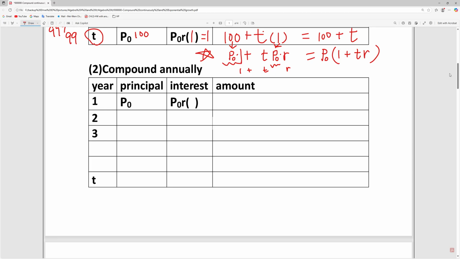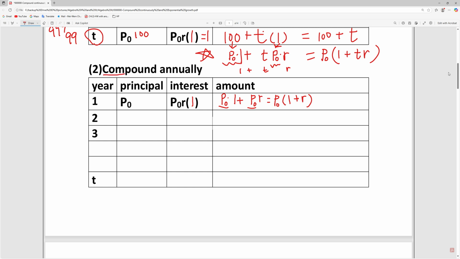Okay. So based on the same idea, but we change our interest to compound annually. Means if you have principal, then for the first year, your amount will be your principal plus your new interest. Agree? And we may pull out the common factor. This means 1. So you pull out the common factor P0, then you have 1 plus R. Okay, so that's the first year. And the second year,